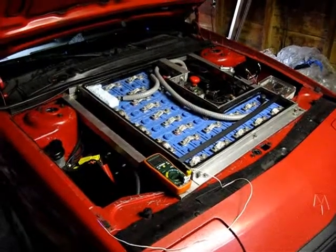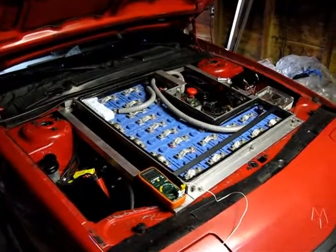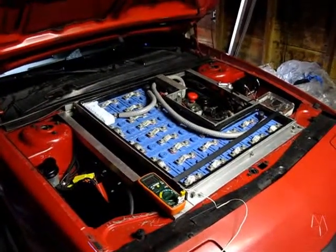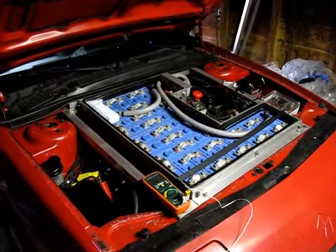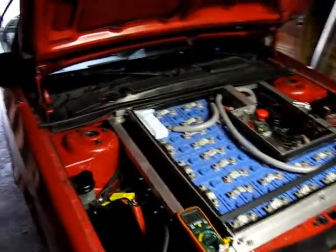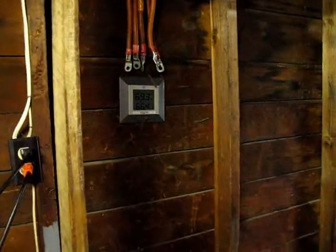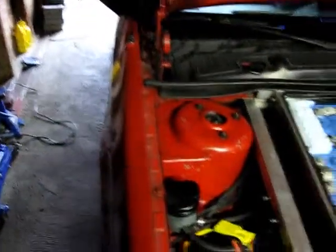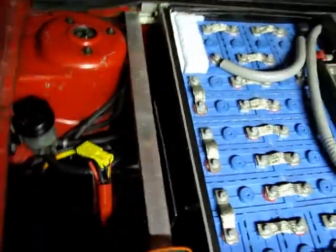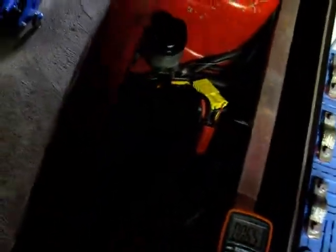Just a bit of an addendum to that video from a second ago. We've just driven this car 82 miles, almost all highway miles, at 80 miles an hour. So I'm just going to do a quick measurement of some temperatures. It is presently 66 degrees here in the garage with 70% humidity. I'm going to use my little meter here, which says it's 64 or 65 degrees Fahrenheit, and we're going to measure the